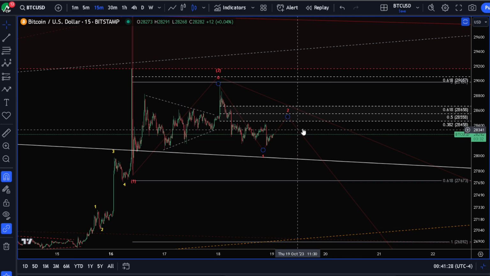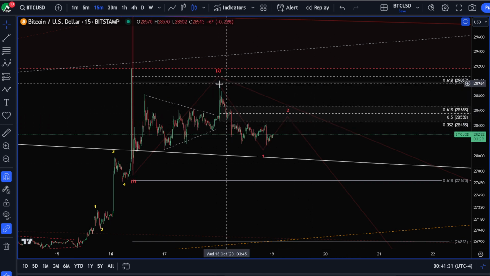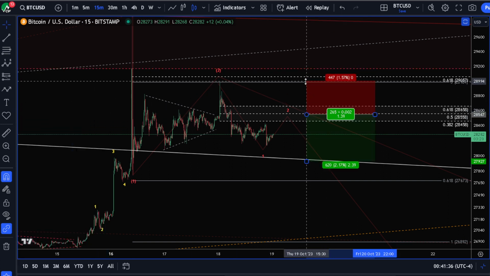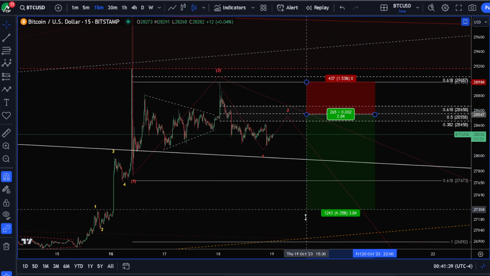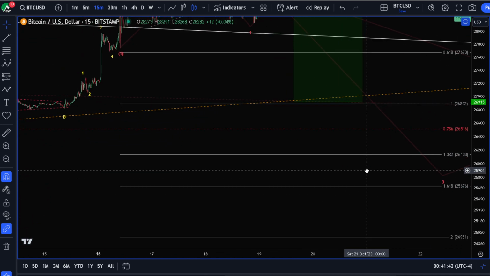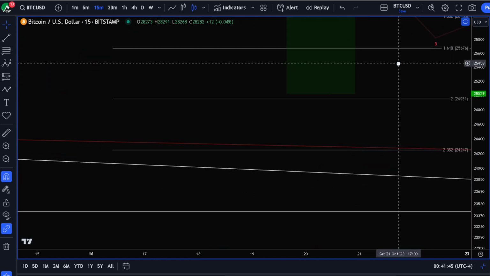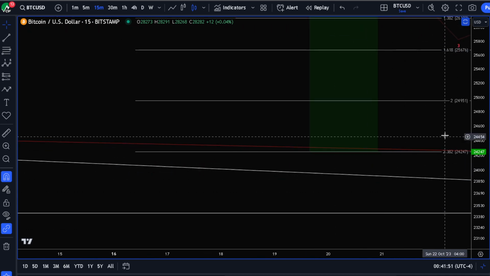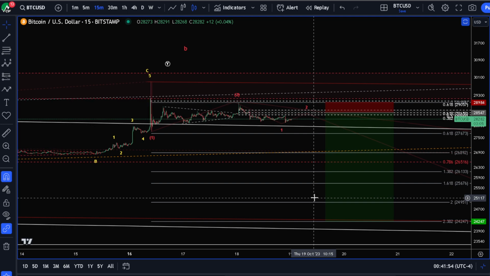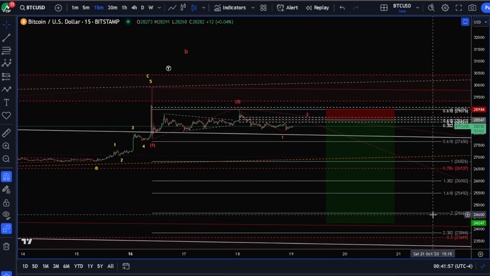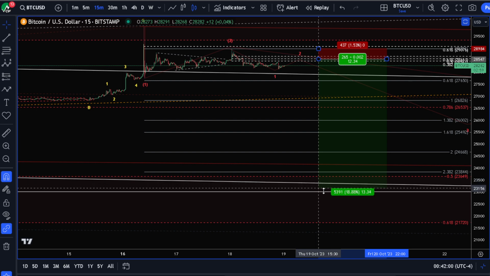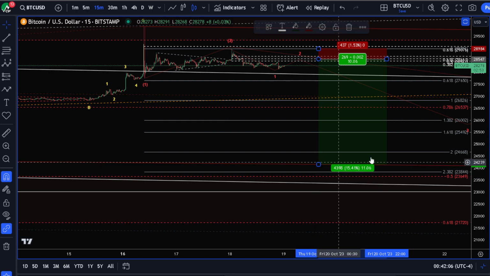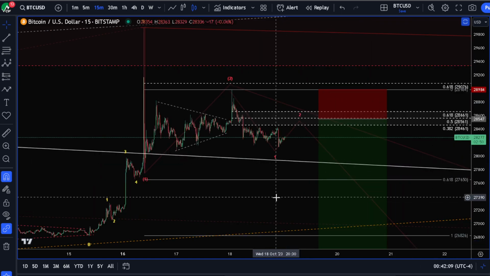I'll be selling a third at 382, 50, and the 618. Stop's going to go at this high. So my average sell will be around here. Stop will go at this previous wave 2 high, and I'll be targeting down around 23,000. I'll just target the 2.382 now, but targeting even lower than that, as you know. Right there, around 23K. So even if we front run it a bit, still get potentially a nice 10-to-1 setup.